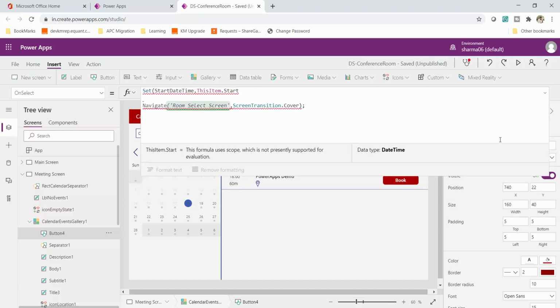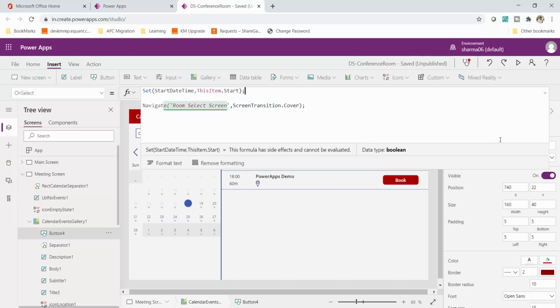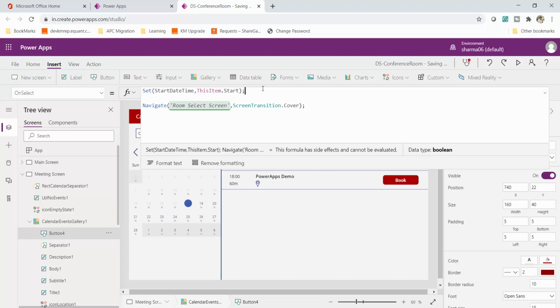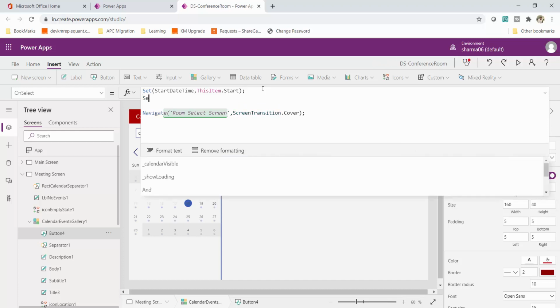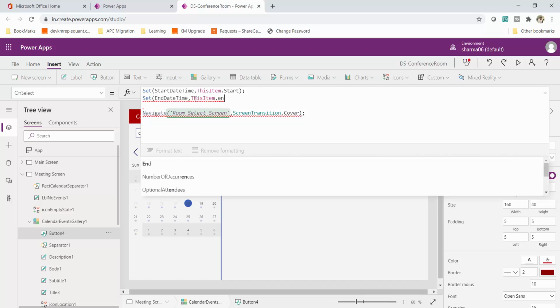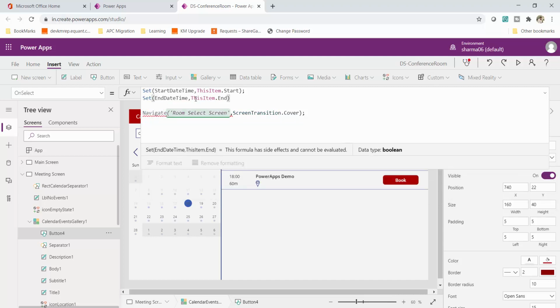So you will get the start time from this particular gallery control. Then similarly I will get the end time. So I'll say Set, end date time, comma, this item dot end. This item is the one which we have selected. Now I have got the start time and the end time.